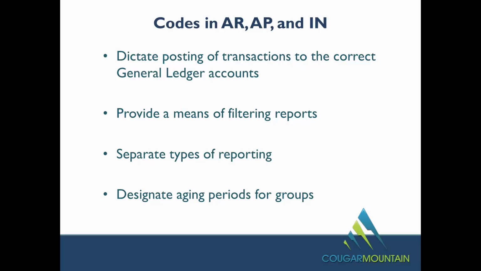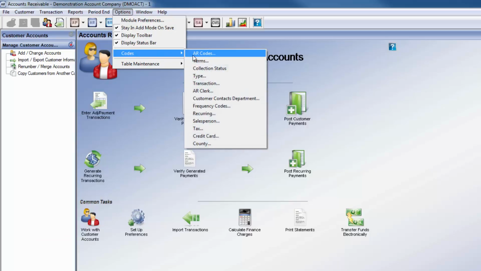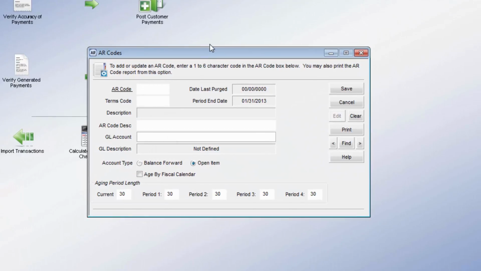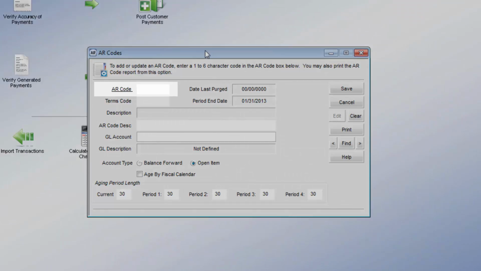Codes can also designate different AR aging periods for different groups, such as customers that have different payment patterns or dates. For these reasons, creating multiple codes in a module is very advantageous. When choosing a name for codes, it's important to keep a naming convention that makes sense for your business. The code names allow for up to 6 alphanumeric characters, so the code name should reflect the purpose of the